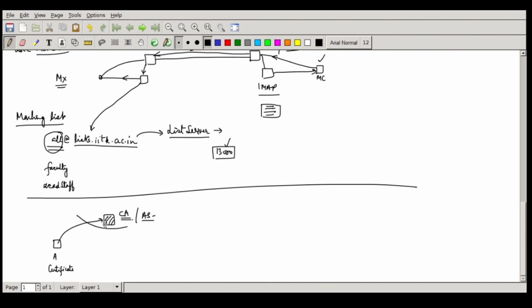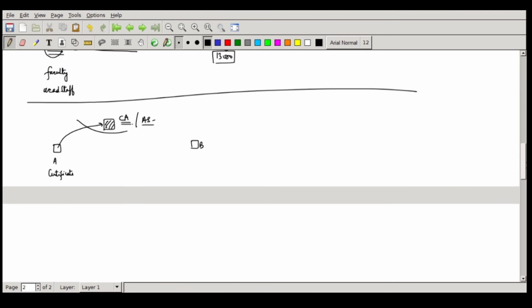Now it has to talk to someone; it has to send a mail to some B. And as I told, because they both may not be alive at the same time, we need a mechanism by which they can dispatch the mail to somebody, which can then be taken up by the receiver. We require something called mail storage.